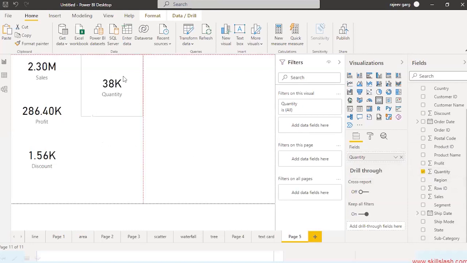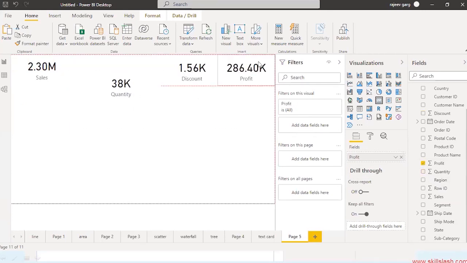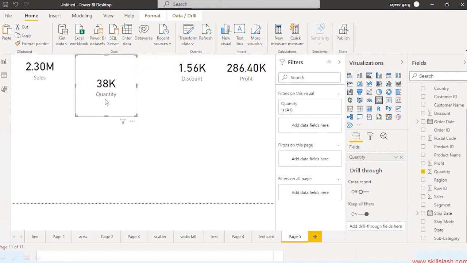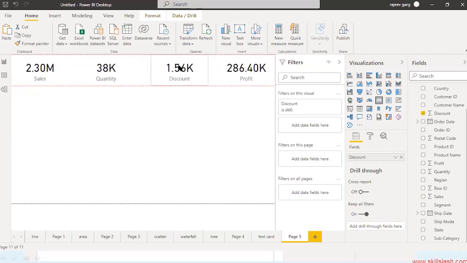Here it is. Sales, quantity, discount, profit. Okay. So we have created sales, profit, discount, and quantity.